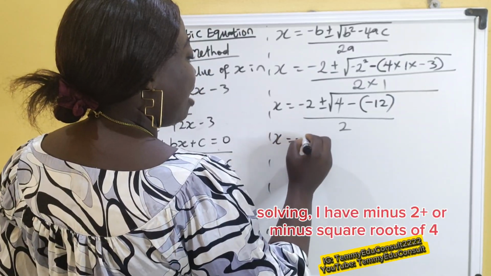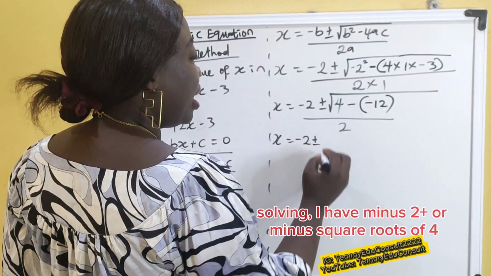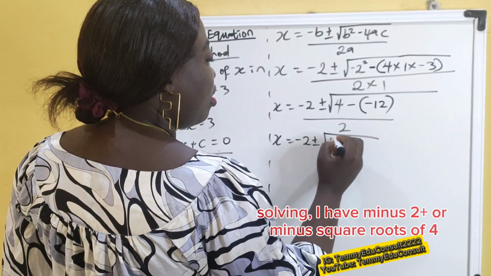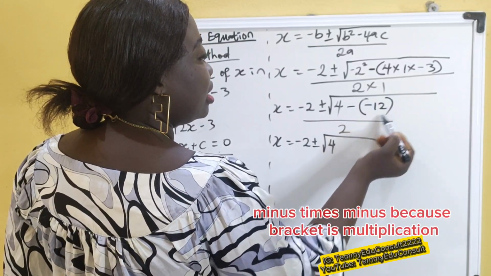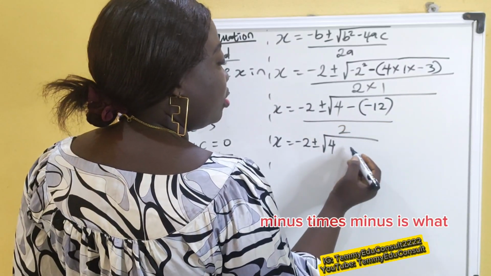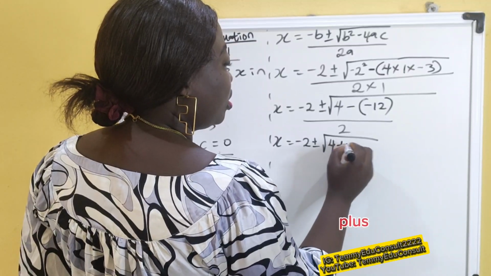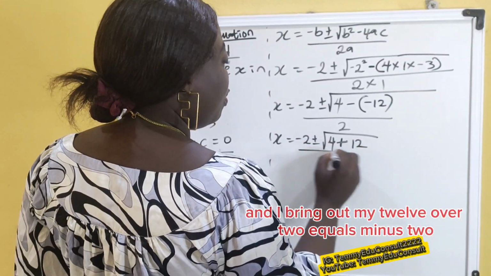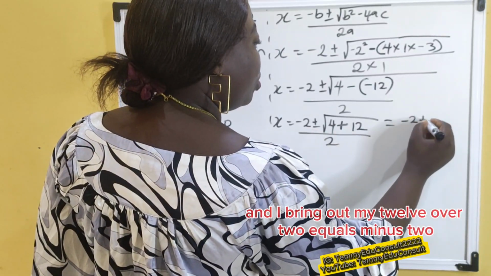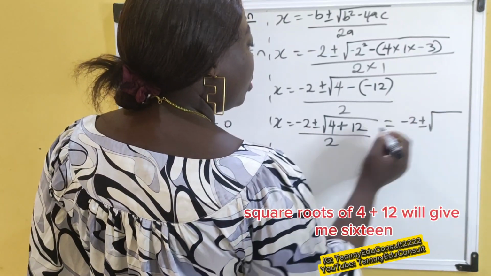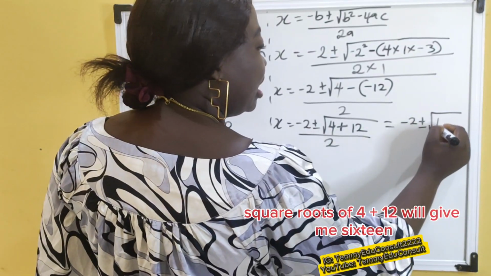Still solving, I have minus 2 plus or minus square root of 4. Minus times minus, because bracket is multiplication. Minus times minus is what? Plus. Then I bring out my 12 over 2 equals minus 2 plus or minus square root of 4 plus 12 will give me 16